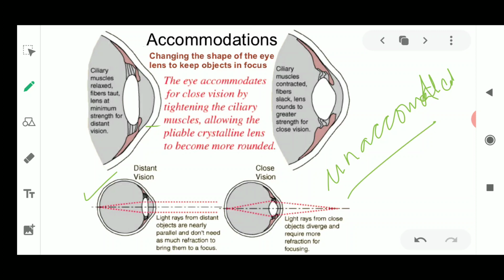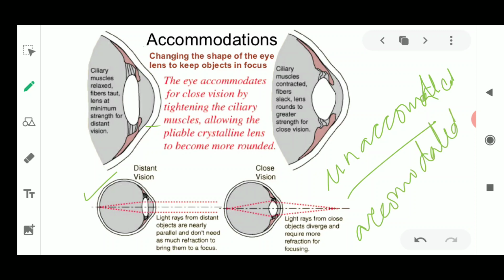The eye is not getting adjusted. The eye lens is not getting adjusted because the distant object is able to pass the rays of light very clearly into the eye lens, and it can form the image at the retina. Now similarly, the eye is said to be accommodated when